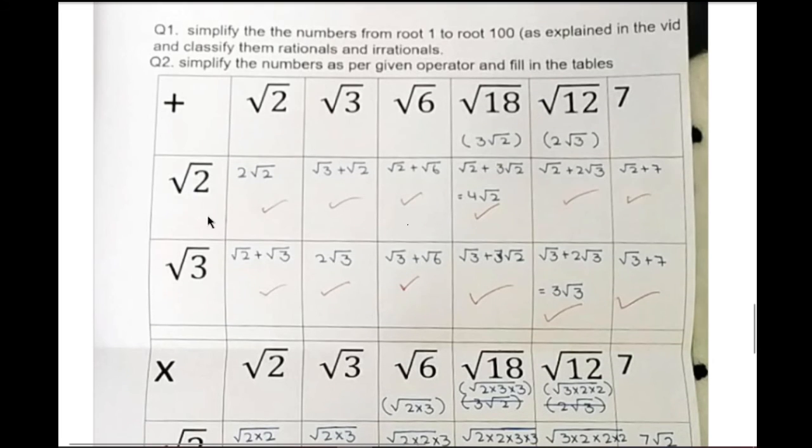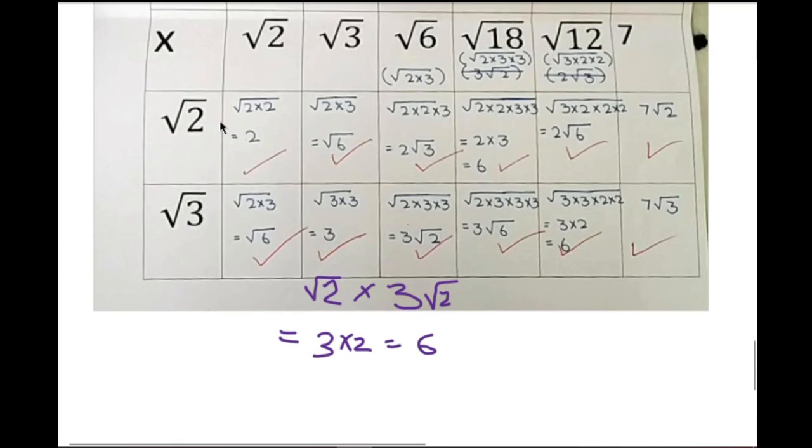So simply, when we add root 2 plus root 3, they cannot come under a single root, and why it is so, I'll explain in the next module. So root 2 plus root 3 is root 2 plus root 3. They cannot be put under a single root. But root 2 into root 3, they will get multiplied, and can be put under a single root. This thing will get clear in the next module.